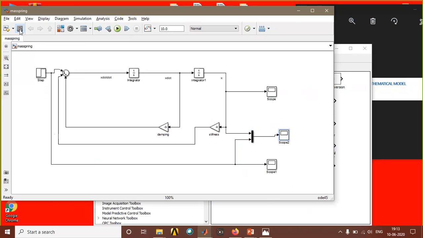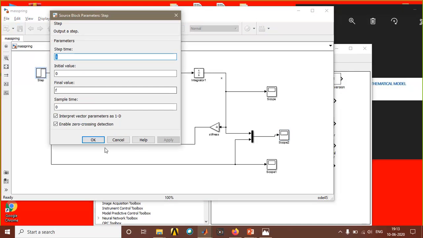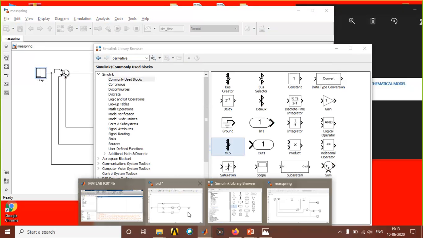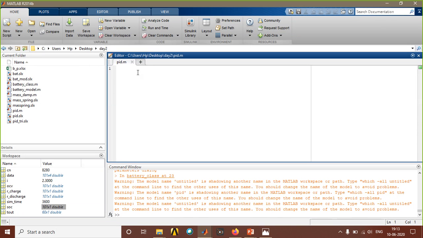Fine, it is done. As usual, here put simulation time. Save it. Now what am I supposed to do? Here everything is F, something like that. So go to your MATLAB script. Define your values for all. So F equal to,